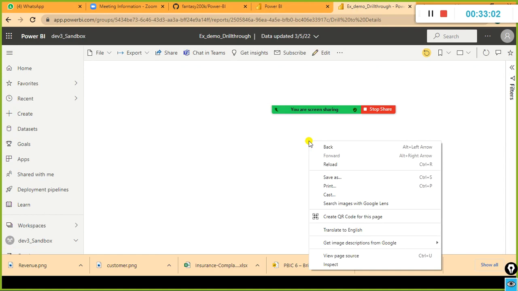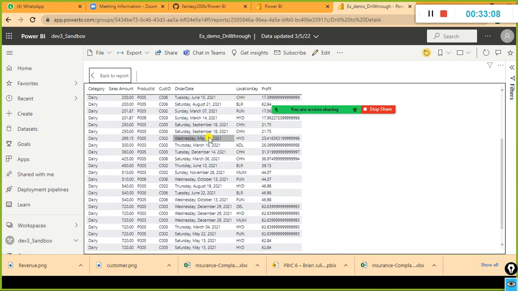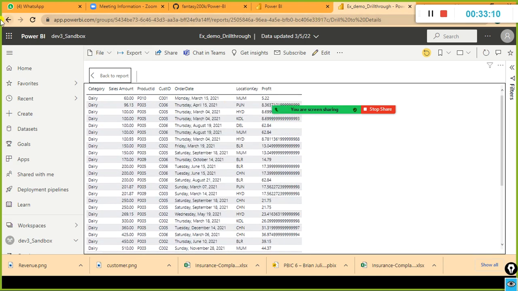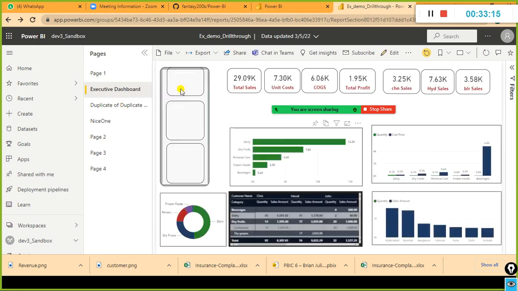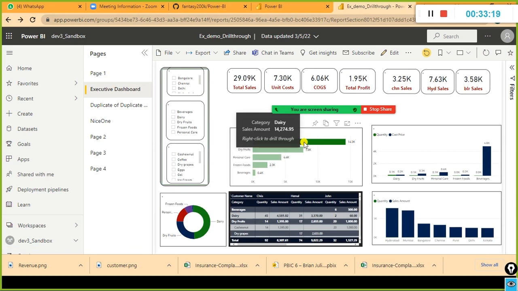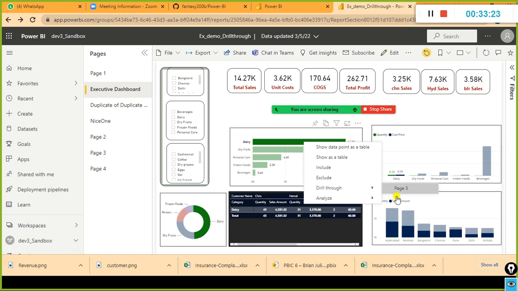I'll just select one, second, let me. It is not showing here also.